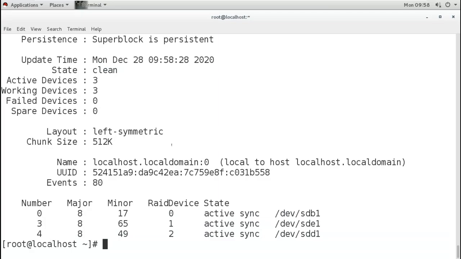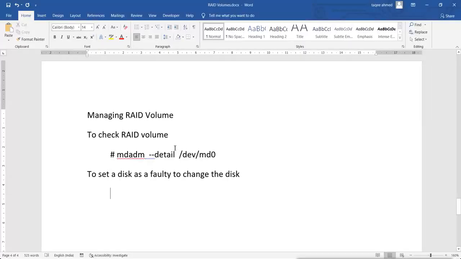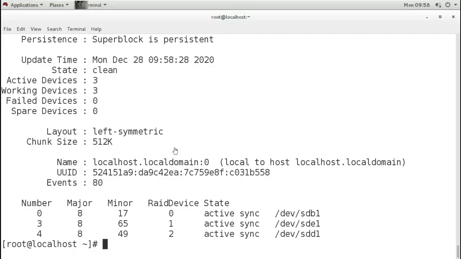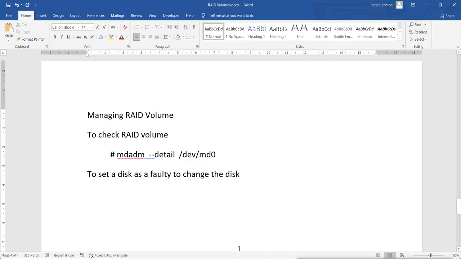So if we want to set a disk as faulty, we use this command with the -f option, a small f.